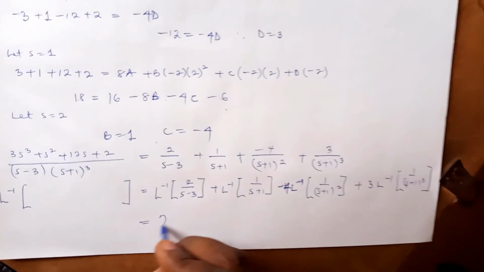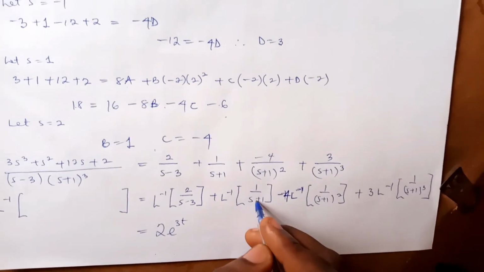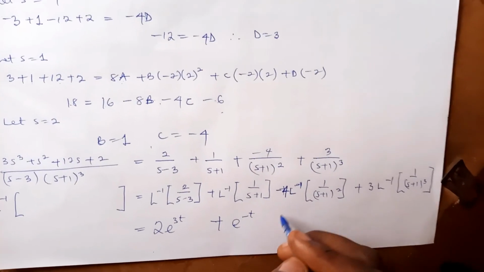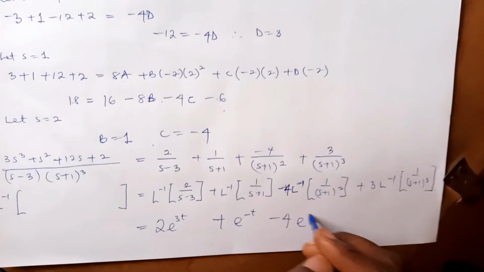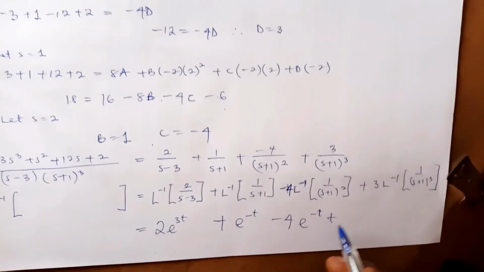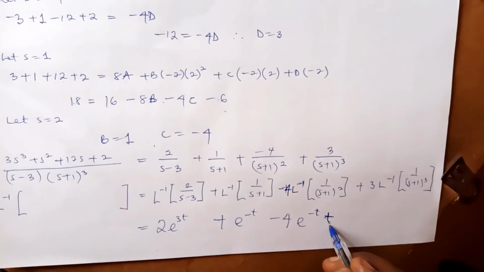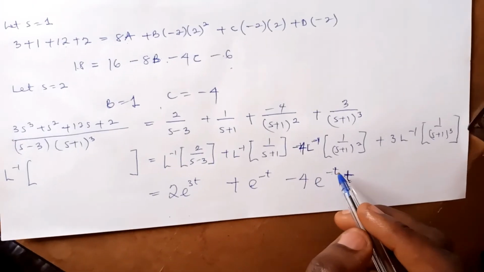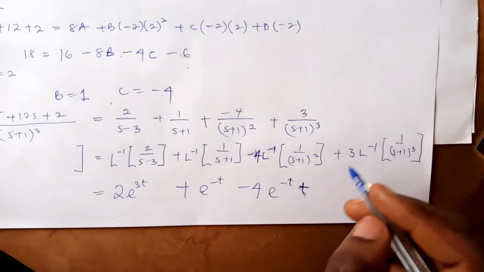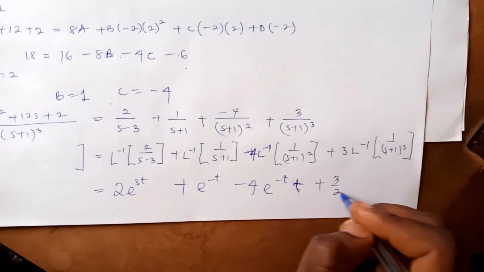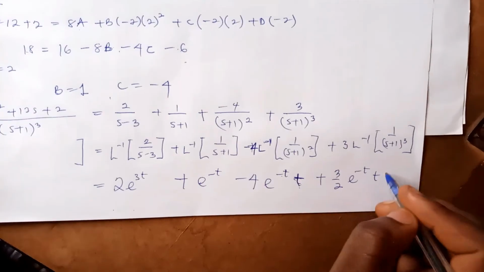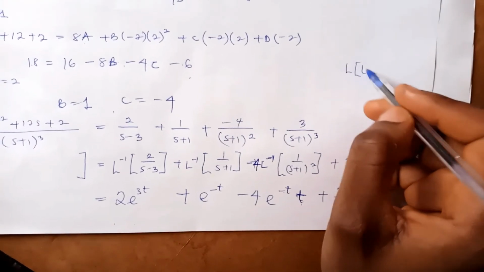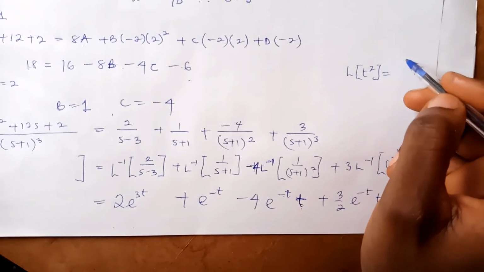This one will actually give me 2 exponential 3t. Laplace inverse of this one will give me plus exponential minus t. And what about this one? That will be minus 4 exponential minus t, then multiplied by t. Don't forget that Laplace inverse of t is 1 over x squared. Then you extend it by 1 using that translational property. Then what about this one? That will be plus 3 over 2, then exponential minus t, then t squared. Don't forget, see from here, Laplace inverse of t squared is what? That is 2